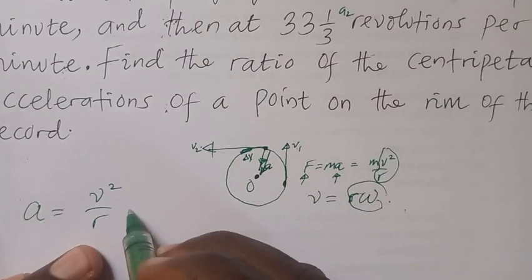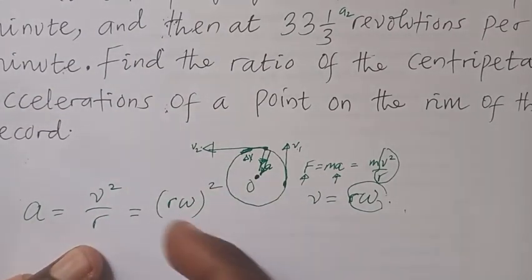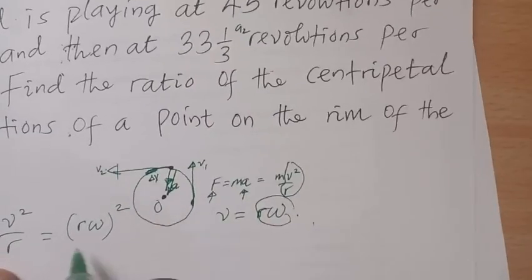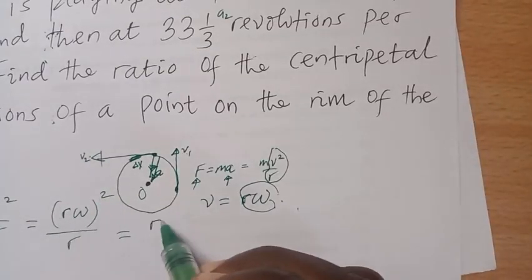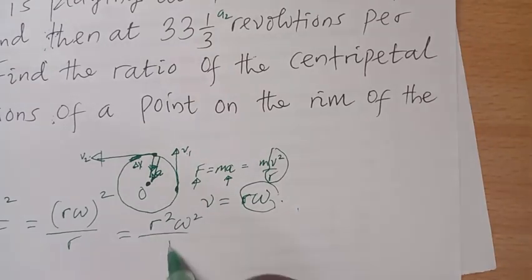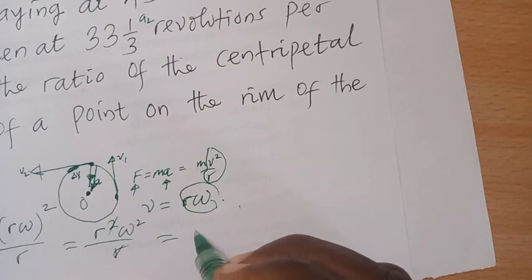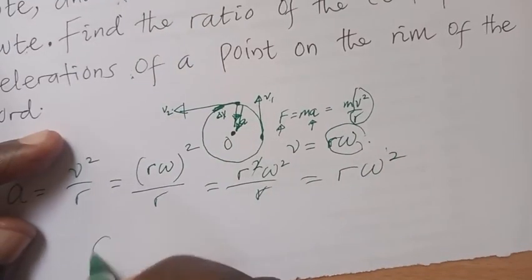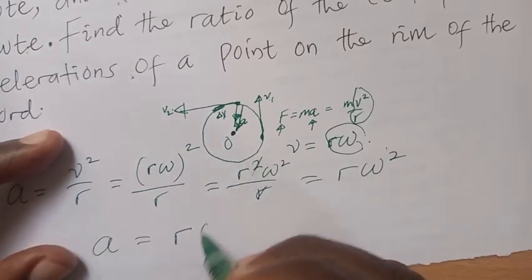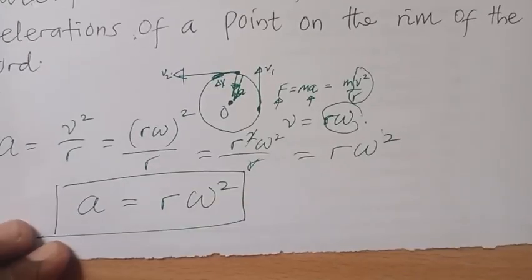So this means that I can say this is equal to r omega, and this is my v according to this formula, and then I divide it by r. I continue, this is equal to r squared omega squared divided by r, and r is going to cancel one of the r here, so I have one r remaining, omega squared. This means that my acceleration is r omega squared,